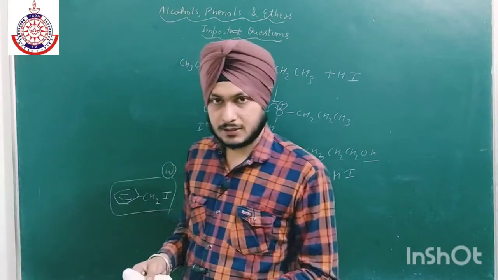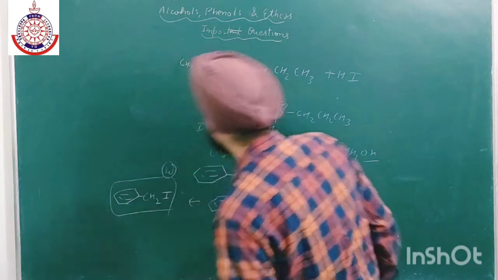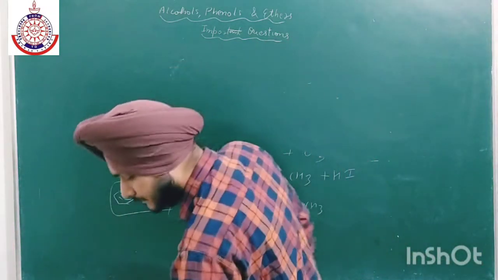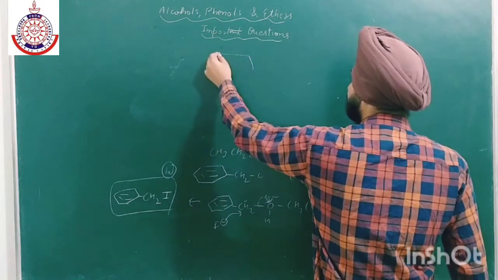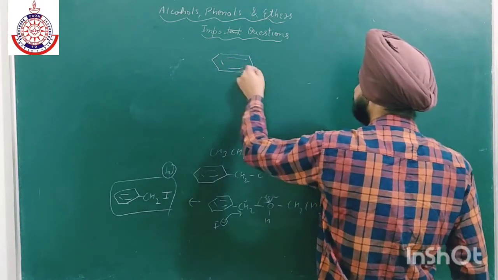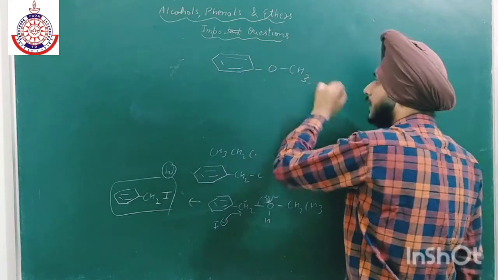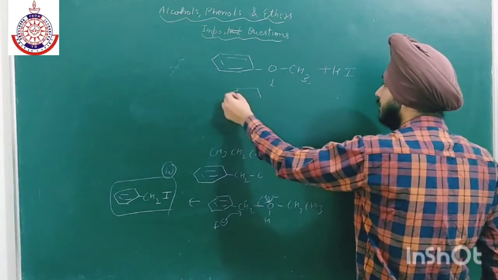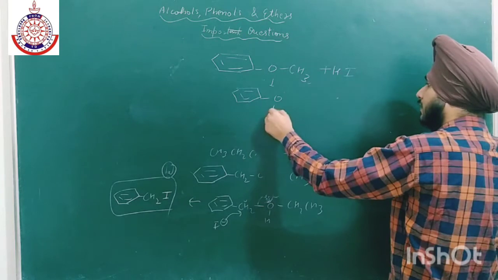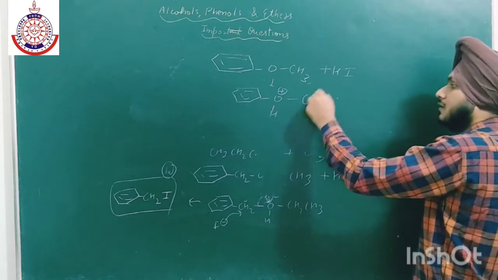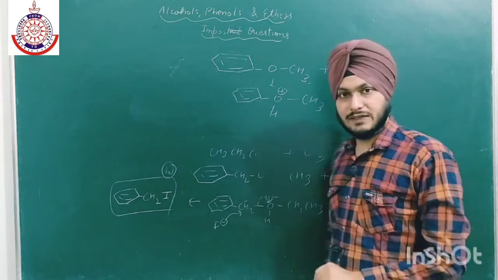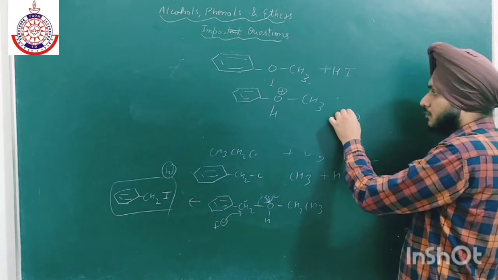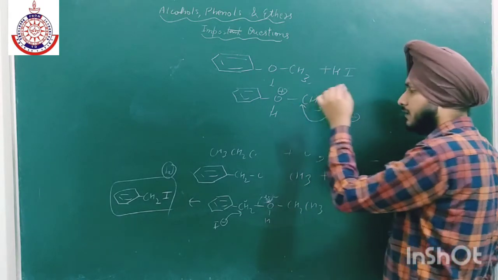So let us move on to the next part. If we have 1 methoxybenzene, then what will be the product? So 1 methoxybenzene is like this. If we have this compound, so attack of HI. Firstly the oxonium ion will form, with positive charge and CH3. Now there are again two ways to shift the bond, or there are two choices for the attack of this I negative.